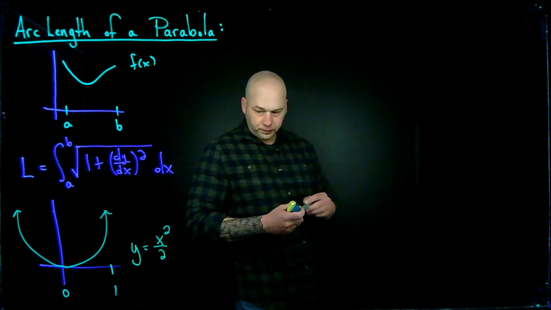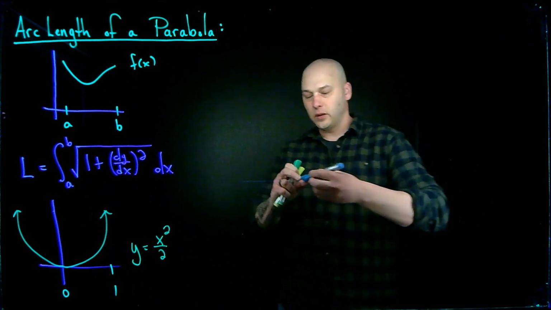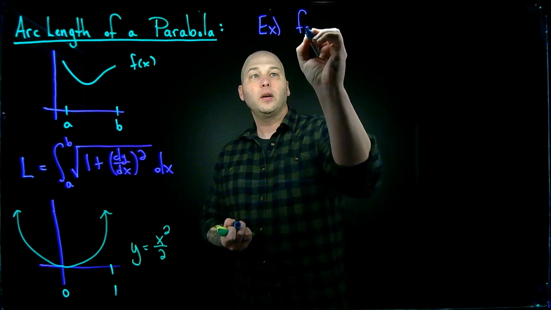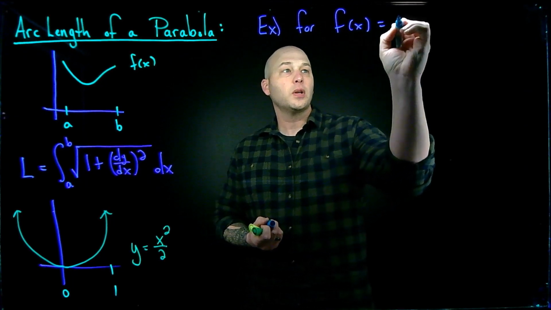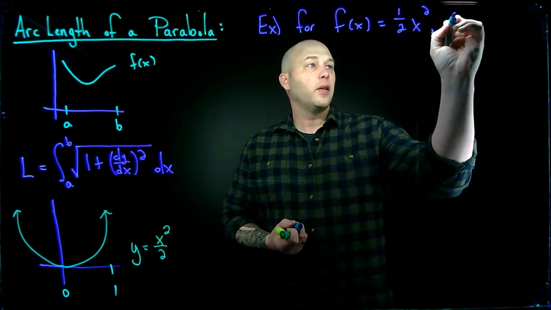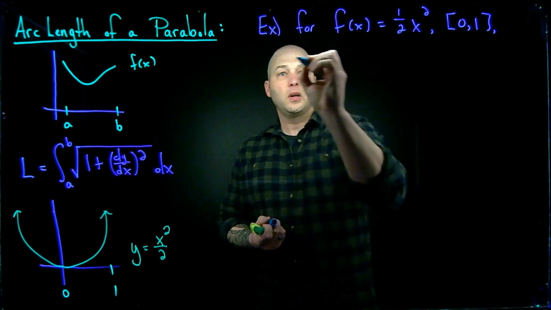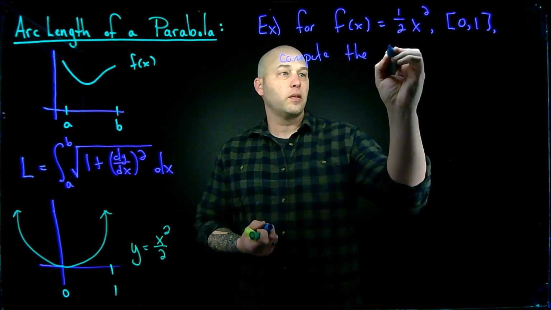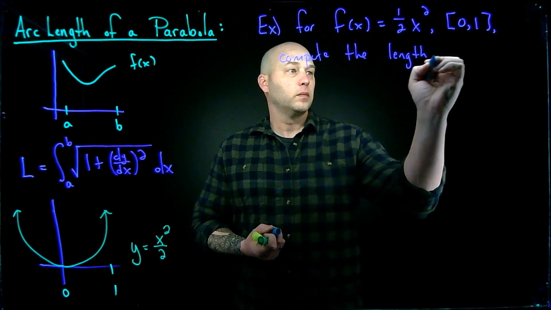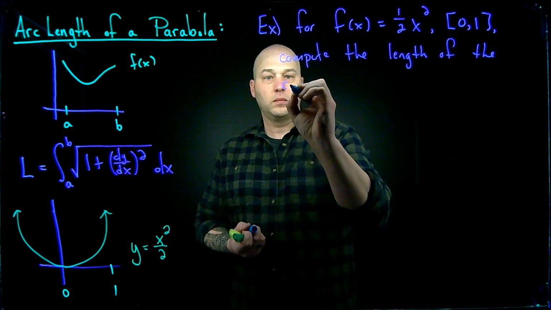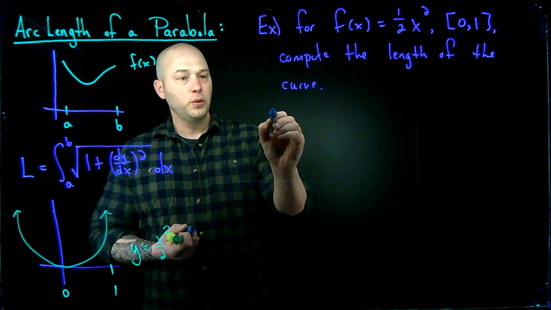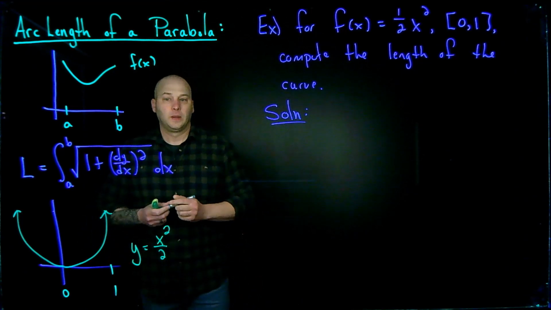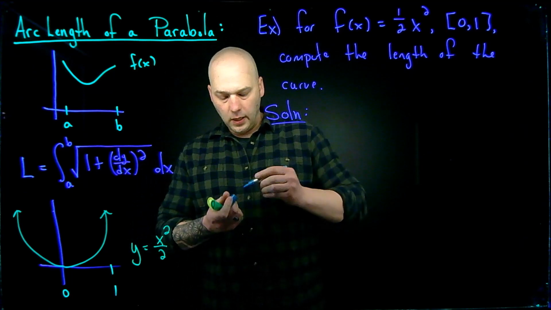Okay, all right, so let's go ahead and compute. I'll set it up as a formal example here. For f of x equals 1/2 x squared on the interval from 0 to 1, compute the length of the curve. Okay, so solution. Well, let's see. The length